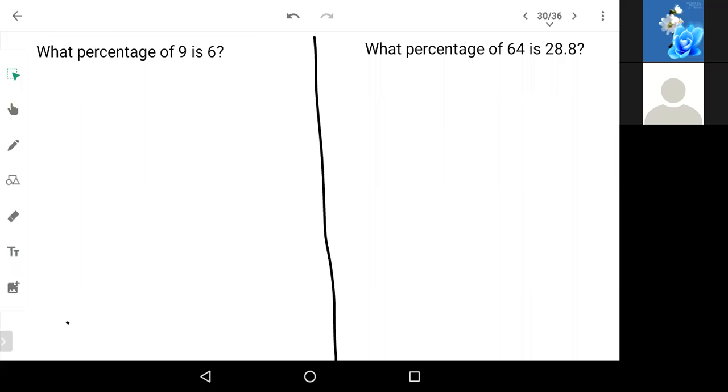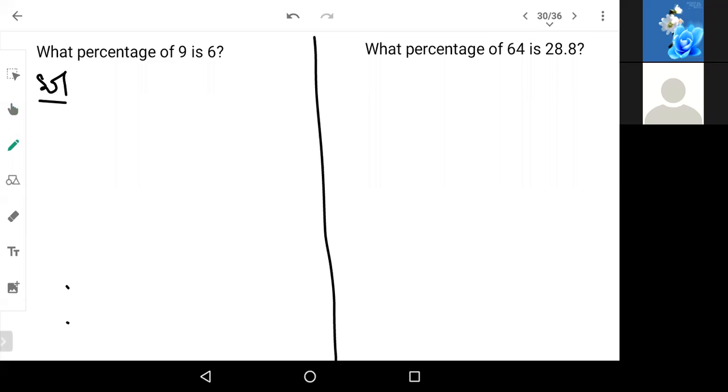So first clearly understand the question. What percentage of 9 will be 6? So 9 is the main number. Now we are trying to find out the percentage, or which part of 9 is 6, we are supposed to find out. Okay. So here the shortcut or the way of solving is,